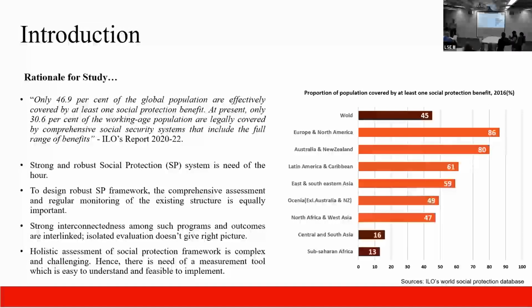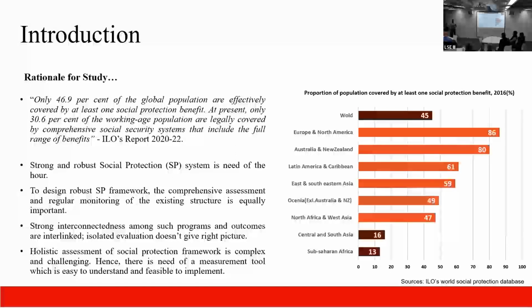So, this is why we need a robust framework which can help us in combating inequality, poverty, and social exclusion. And one important thing about the social protection programs is that it's not one thing, it cannot be evaluated or seen in isolation. When we talk about social protection, it has to be seen comprehensively, and it has to